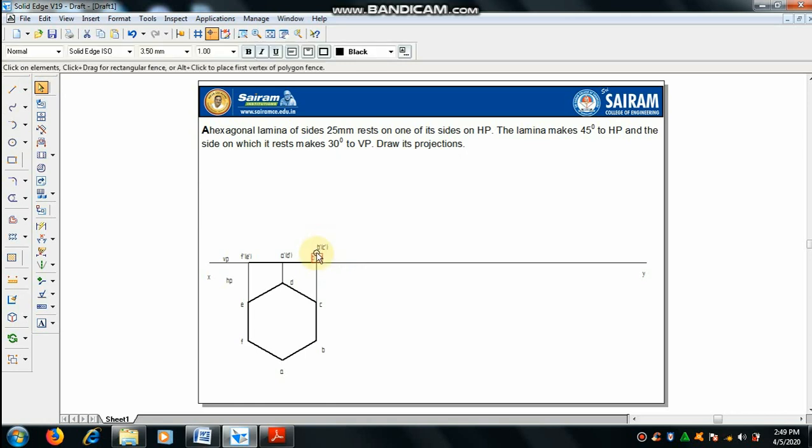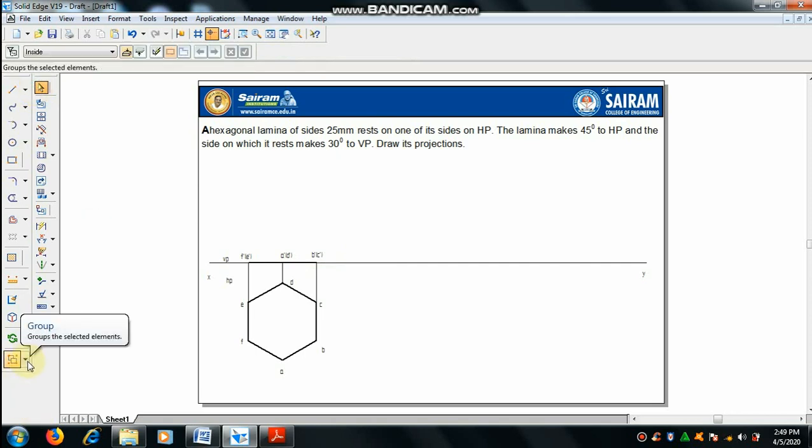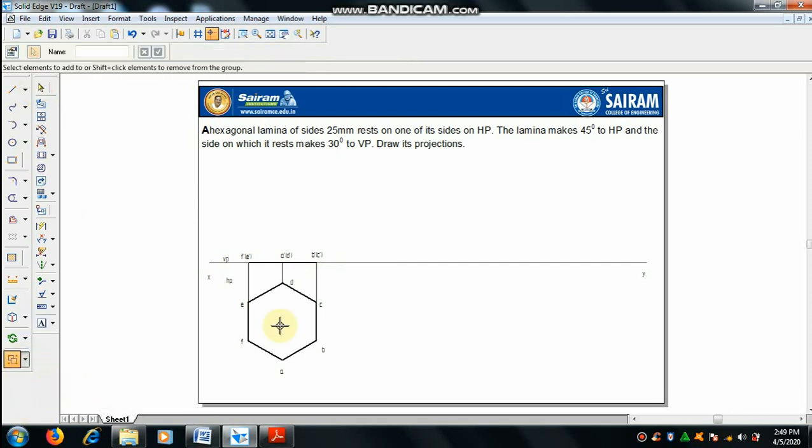The lamina makes 45 degrees to HP, that is the second condition. So now we have to make this a group. Select this front view, the lines and the names, and make it a group, because the lamina has to make 45 degrees to HP. So this is the point.